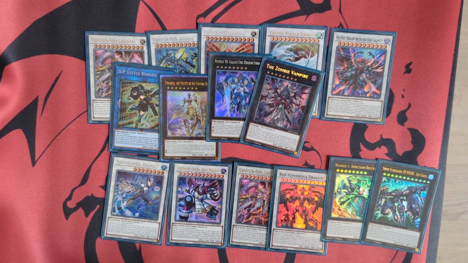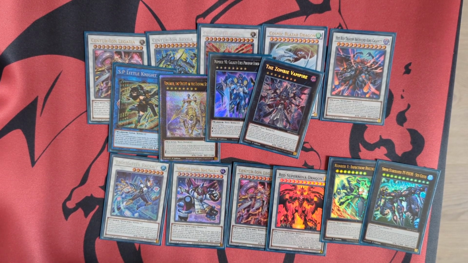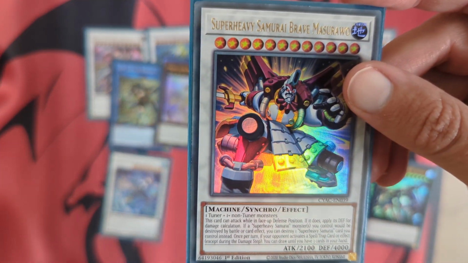Masurao is another flex spot. This card is kind of interesting because in my testing at locals with this deck, I found that sometimes we would be in a grind and I would have like no cards in hand and be trying to top deck in a deck that doesn't have a lot of high quality cards. And so this is kind of gimmicky. So this says,